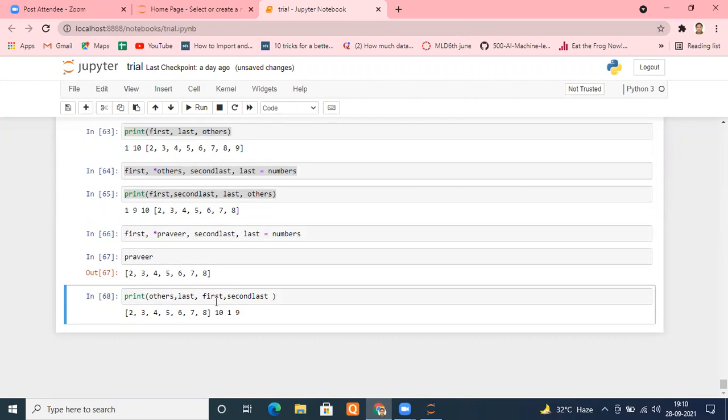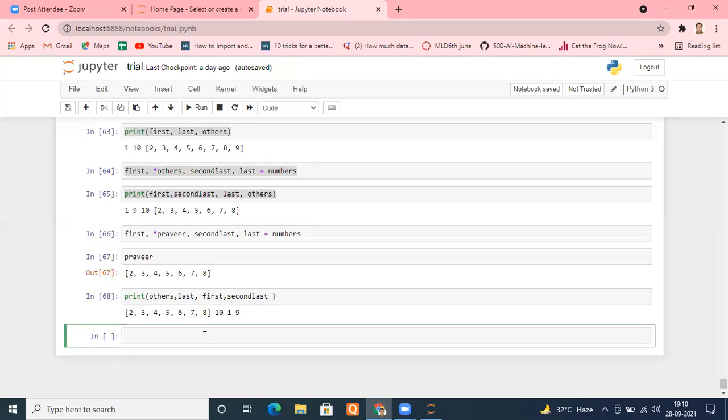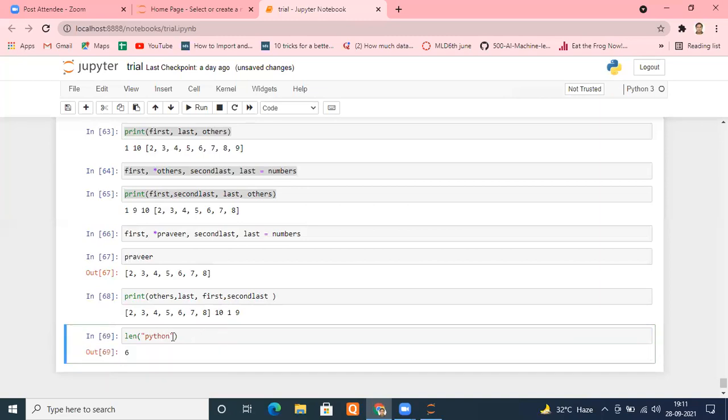Sir, can we access the middle numbers, like first, middle, and last? Directly we can't do that, but we can do it; that's not a problem. Let me tell you how. Remember there is a function known as len. In the string, there was a function known as len, which used to tell me how many elements are there in the string. The same len function works with your list as well.